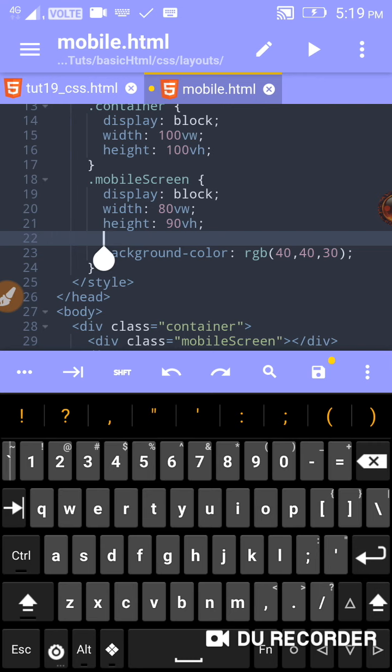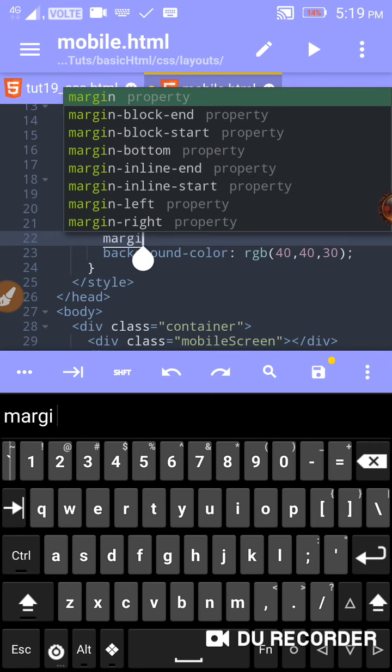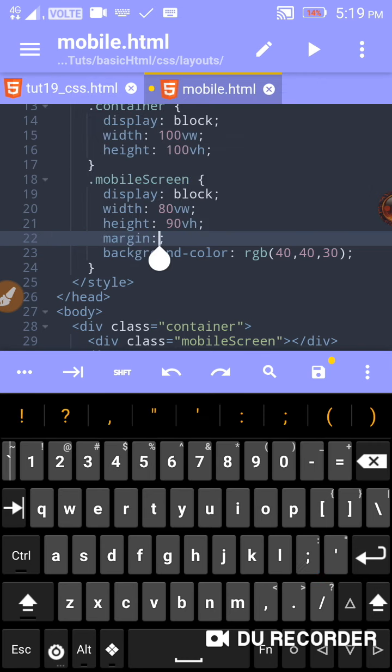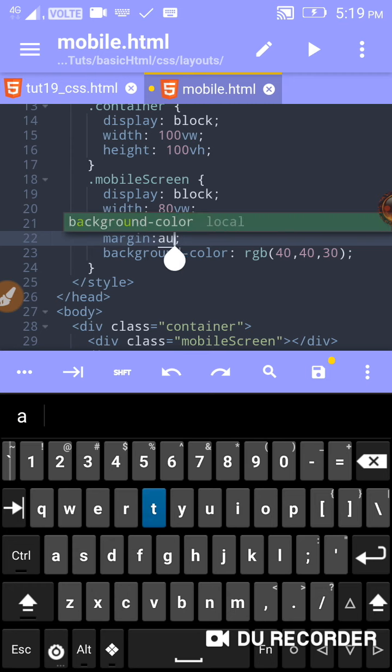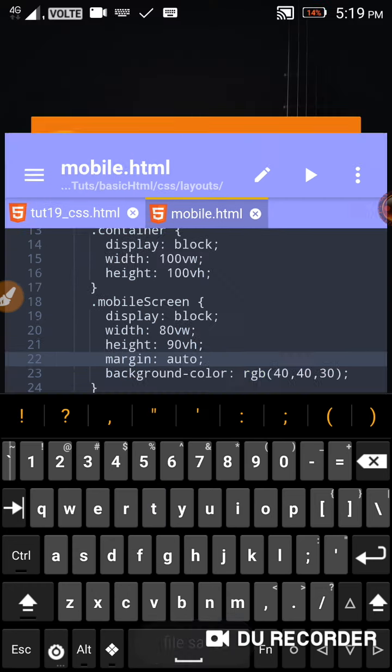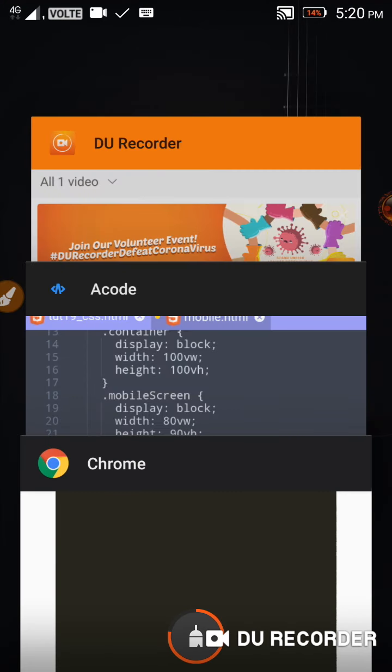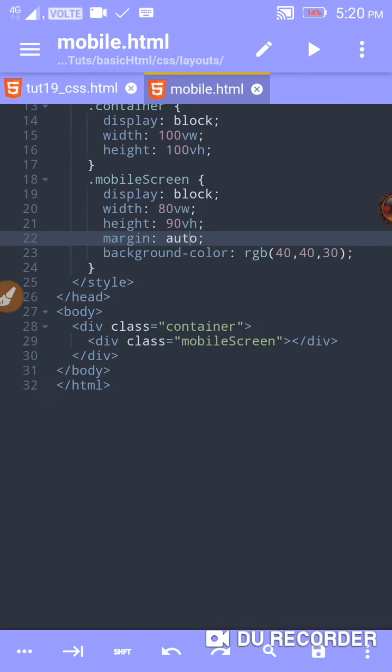Margin auto, just make it auto here. It's going to make it center here. Yes, it's centered here. If you see this in a desktop view, it's the same here, but now I'm going to make it